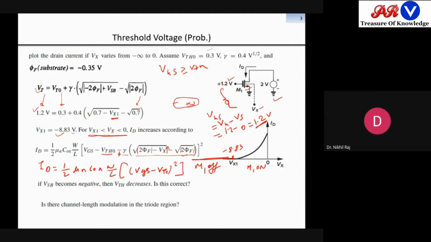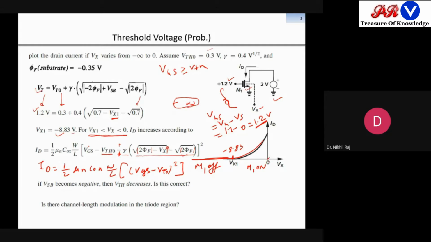With what amount it will increase is difficult to predict here, because we don't know at what point Vx we are calculating. But think randomly that if Vx is increasing, definitely it will go to a positive value. This positive value and this Vgs will make the effective current higher than the previous value. So a small rise in the current will be there. Until what point it will go, we'll calculate the maximum. Since it is a square law, a parabolic structure will be there,